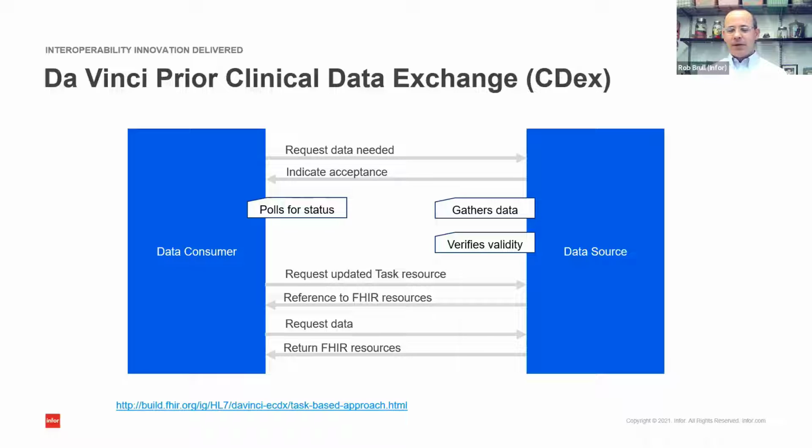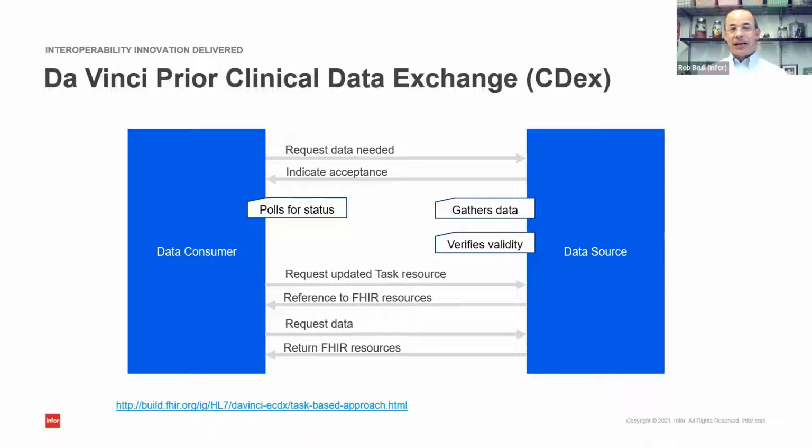What we're going to be talking about in this particular example is the task-based data exchange. So we're going to request the data in a task resource. So we're going to be giving the data source or the provider a task to go get data for us. So in that task that we send over, we request what data we need, and then the data source responds